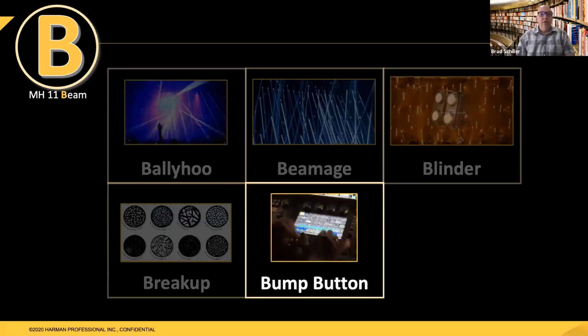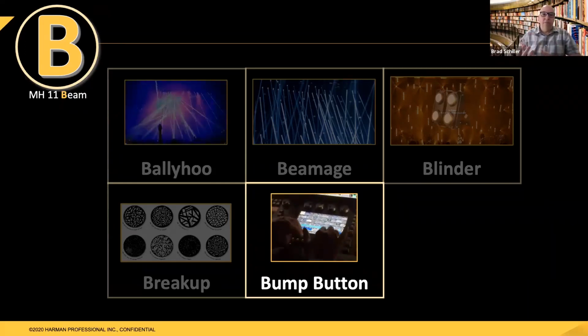On most lighting consoles, you'll find bump buttons. Bump buttons are buttons that you can press, as you see here. That's Michael Keller actually pressing buttons live during a Black Sabbath show on the drum solo, and that's not a sped up video either. That was how fast he was playing those bump buttons. And typically a bump button was only active as long as the button is held down. And that's a really key feature on a lighting console, because as you hold the button down, it will affect a change on stage. And when you let go, it will release that change on stage and go back to a previous state.